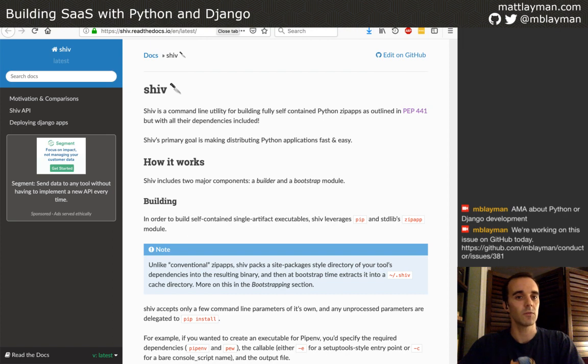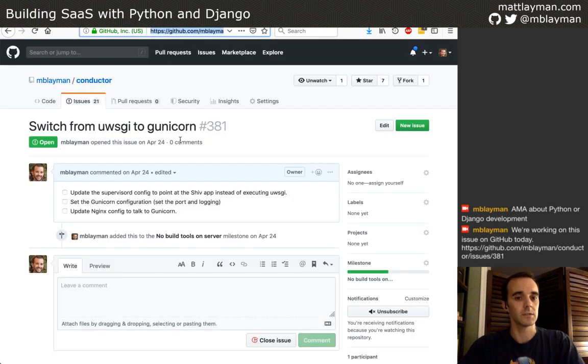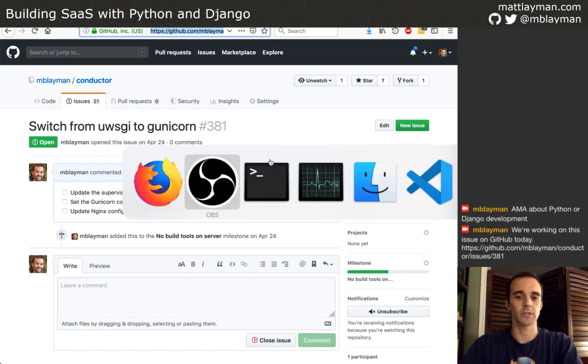So today, what we're going to do is start that process of converting it over. I've proved that Gunicorn works with the app. We've been testing it on my staging site, but we haven't actually done the conversion to connect the load balancer to this Gunicorn app. So what I need to do is make some configuration changes, and that's where we're going